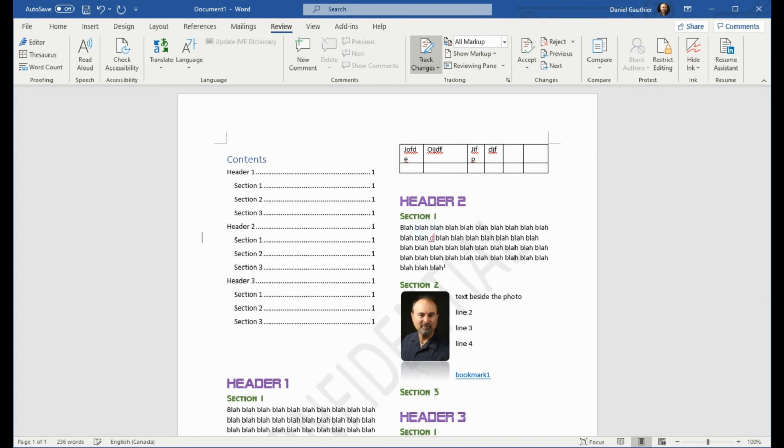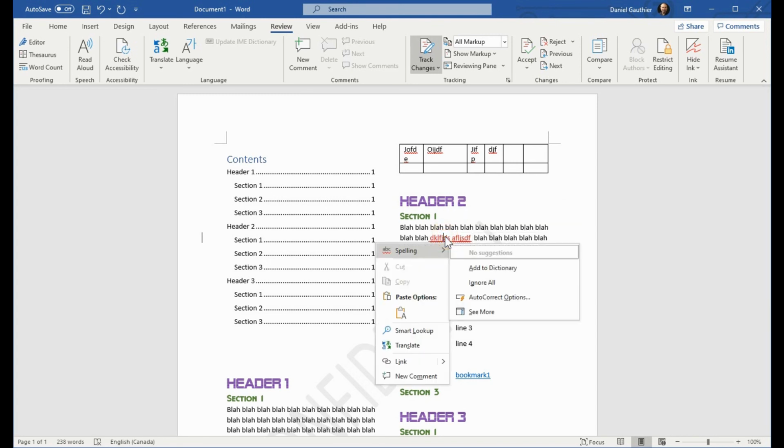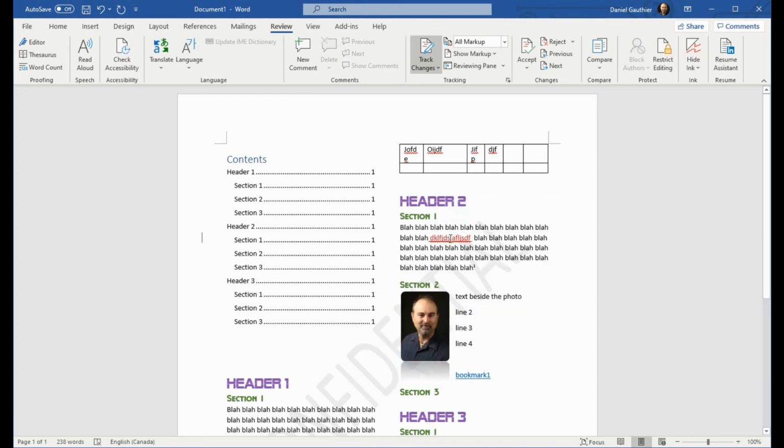If anyone else is going in here to make changes, it highlights them in a color and an underline, and then you can see who it was that made the changes and what date and time that was done. And then when you receive it back, you can accept the changes, or you can reject them, or skip it and move on to the next one and look at all the suggested changes because you were tracking them.